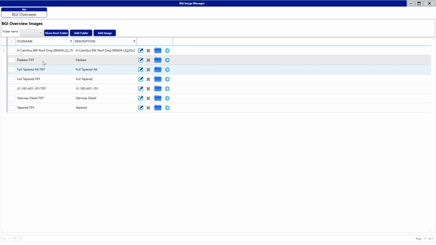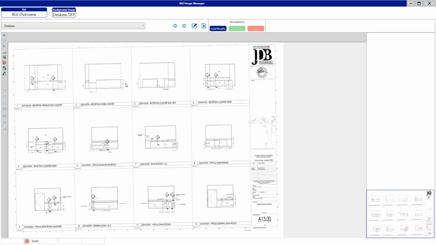I have one image here that is a detail. And so this may happen sometimes where you get an image that was scanned in by hand from maybe a piece of paper, and maybe it was slightly off in the printer if it wasn't created digitally in Adobe Acrobat or any other program, a CAD program. You have the ability to straighten this out. And that is the